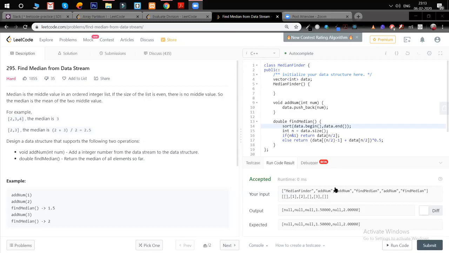Yeah, and then there was another one: if 99% of all integers from the stream are between 0 and 100, then there is still 1%, which could be anything, basically. So how would you optimize it? I have thought about it, but does someone want to come up with any approach?